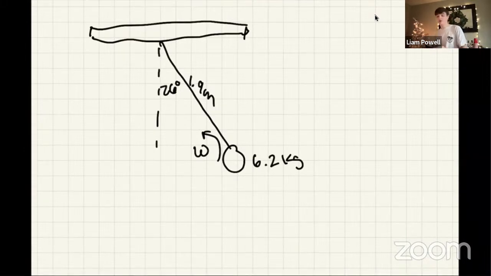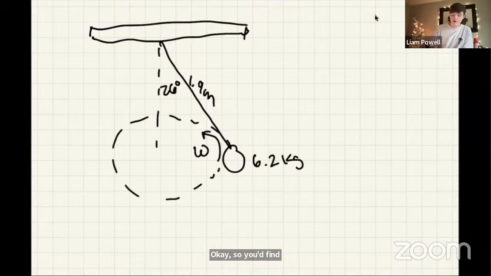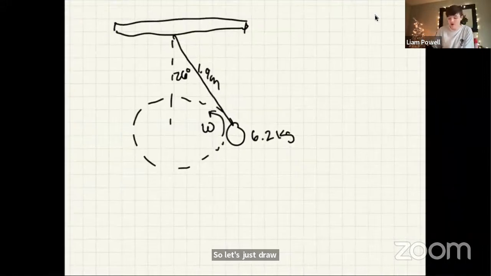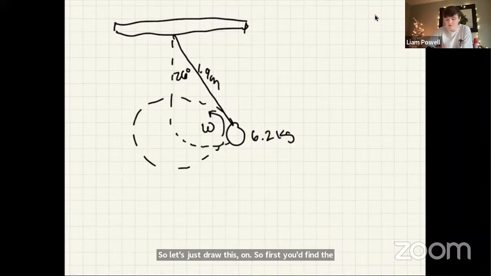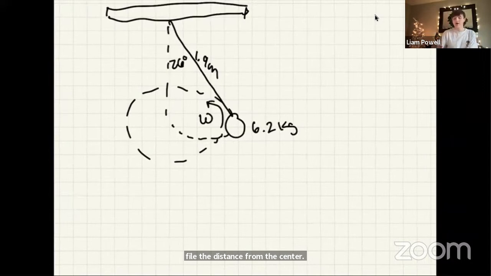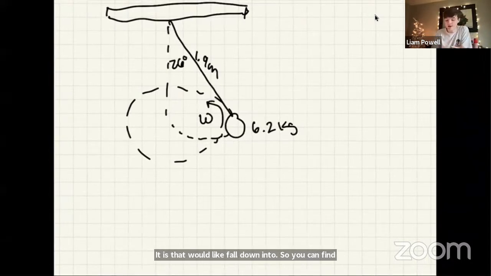Okay, so let's just draw this out. First you'd find the force due to gravity on the object, and then you can find the distance from the center it would fall down into. So you can find where it would fall down to, and that's the acceleration inward. And then from that, you can find the tangential velocity from the formula for tangential